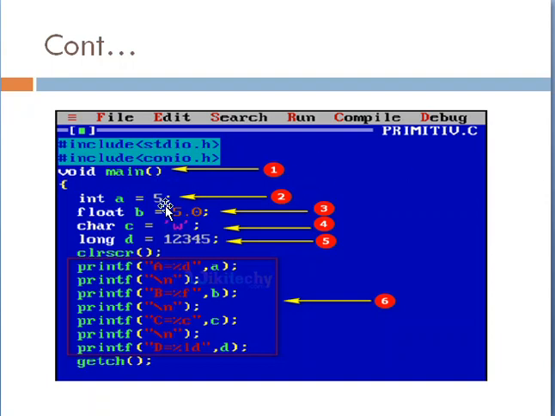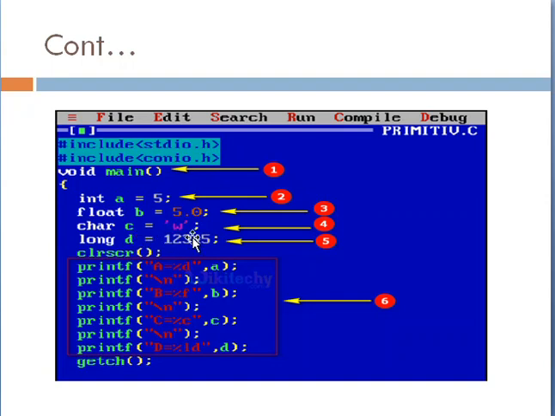This is the basic example. Here is int. Int is an integer. So a equal to 5: we can see a equal to 5 as an integer type value because 5 doesn't have any decimal value. Here float: b equal to 5.0. This is a float value because b has a decimal value, or we can say a point value.